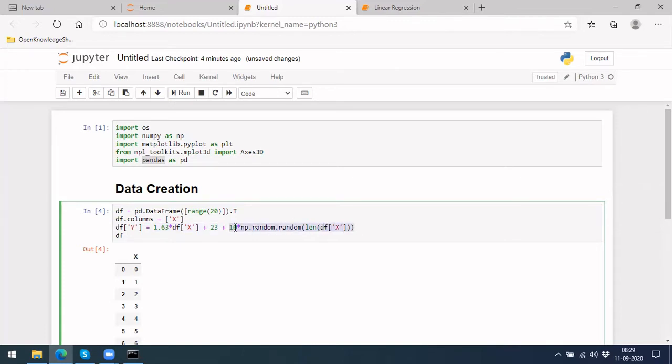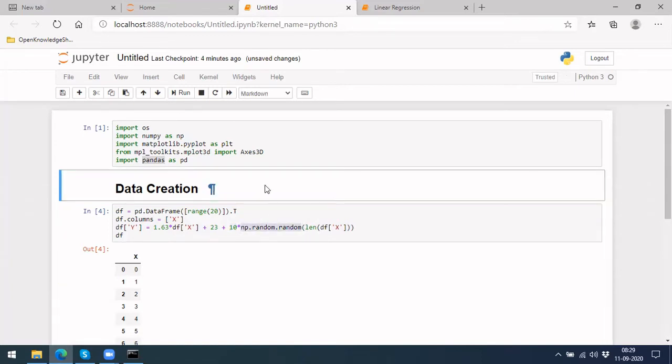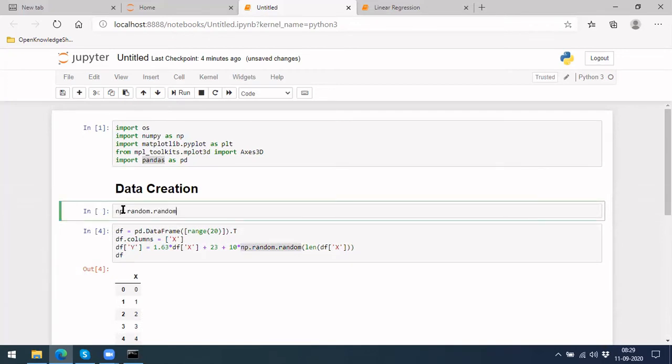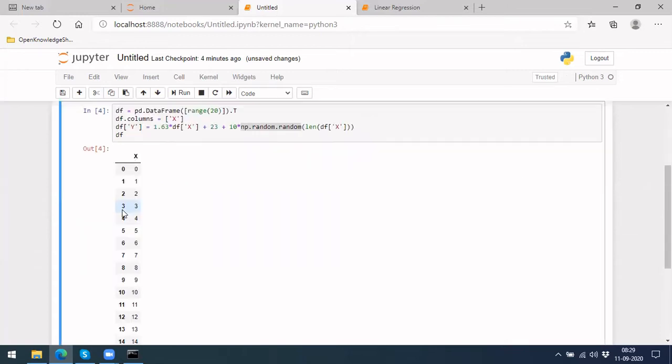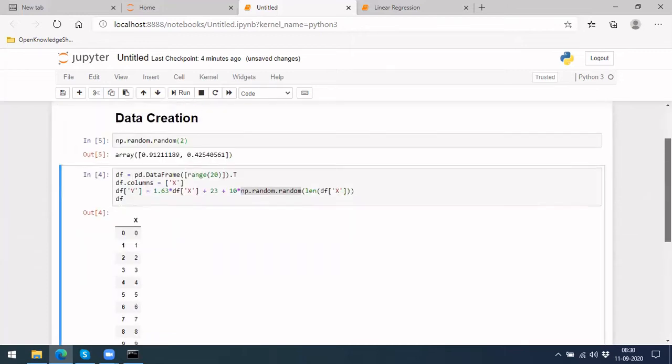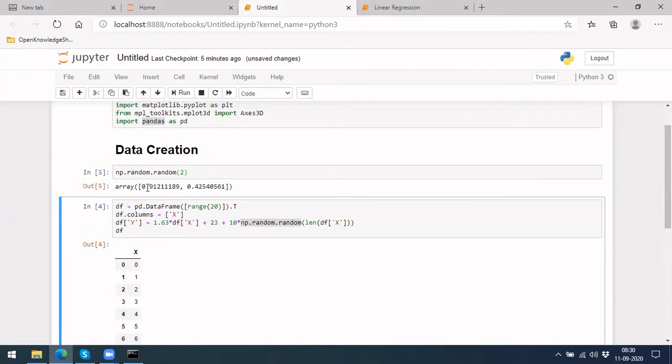It will be from 0 to, if this np dot random actually will give you, let me show you some value here. It is explained in our Python session when we talk about NumPy, but I'll just give you some value here. If you put np dot random of 2, it will generate two values within the range 0 to 1.